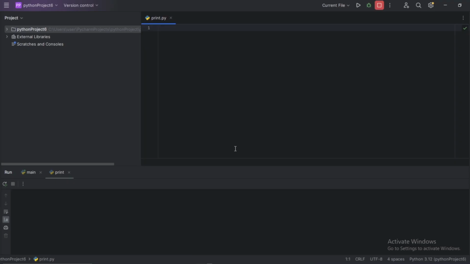Okay, first let's start with clear. Clear is a method used to remove all items from the dictionary. Okay, so first let's create a dictionary. Let's create a variable for the dictionary, and it is equal to